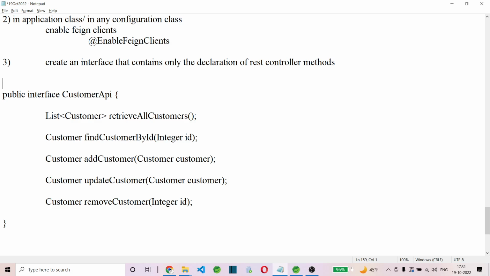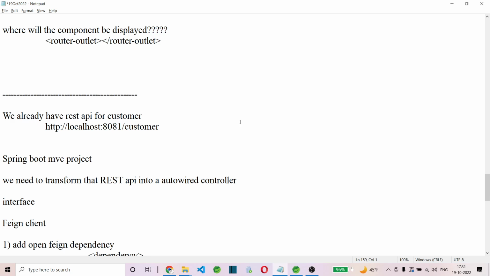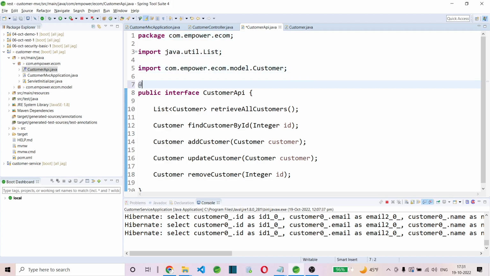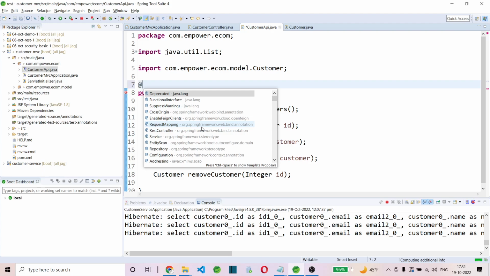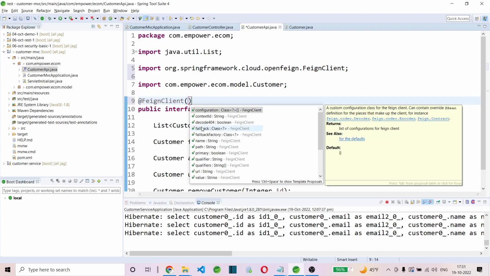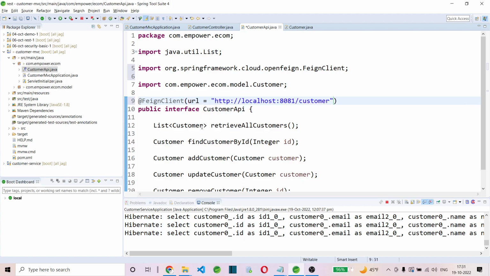Now we need to put one annotation here. In that annotation, we are going to specify the URL. Where is the REST API? The REST API URL, we have already copied it here now. REST API URL is here. Correct. So I'm going to do that now. Go to the interface and put this annotation. It's going to be a Feign Client annotation, and the annotation is going to specify the URL equal to a string. Are you able to understand what I'm doing here? This interface has a link with what? A REST API whose URL is given. And